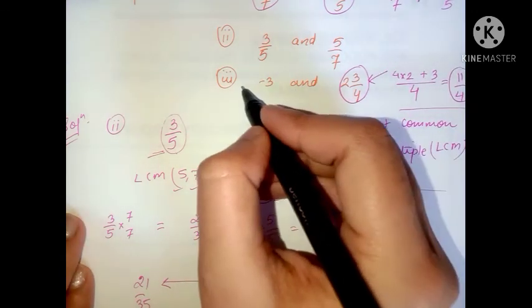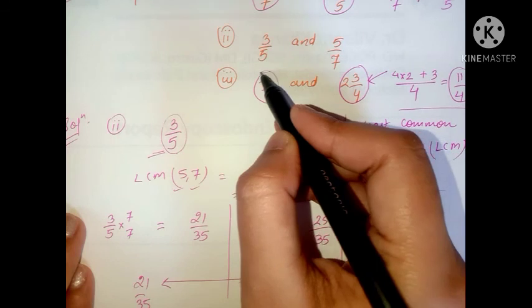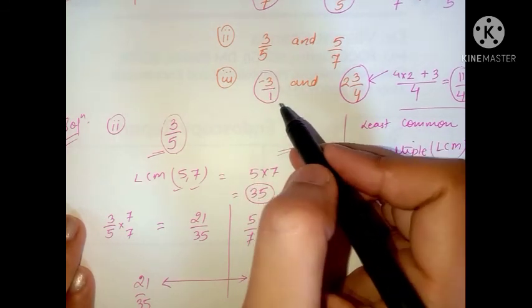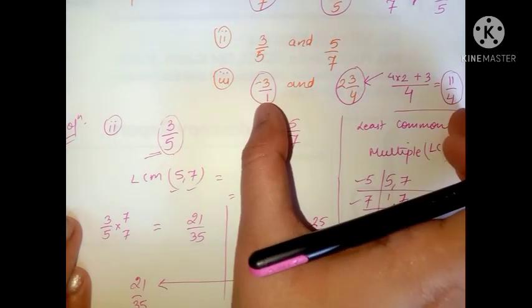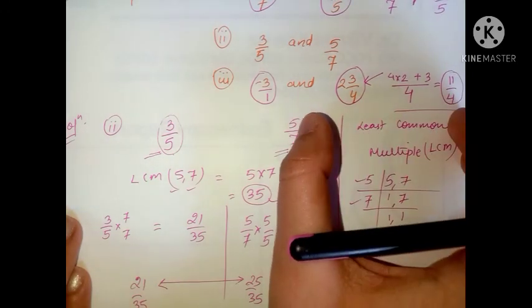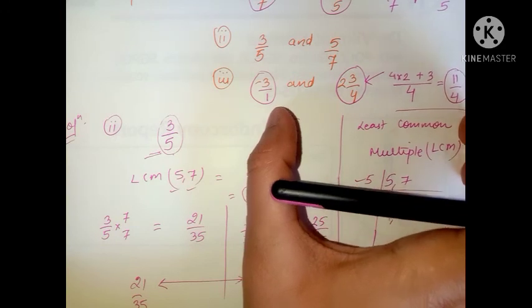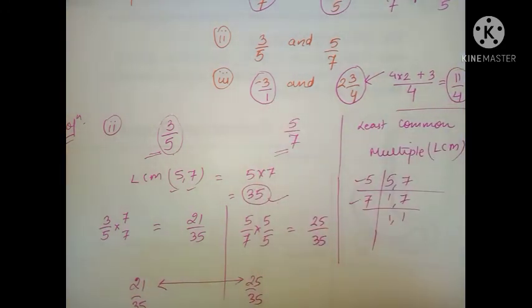And this is nothing but just minus 3 upon 1, because for numbers which have nothing in the denominator, it is considered as 1 in the denominator. So all you need to do is compare minus 3 upon 1 and 11 upon 4. For that you need to take the LCM of 1 and 4, okay, and make denominators equal, and then decide on the basis of numerators, and then you will say which rational number is bigger.